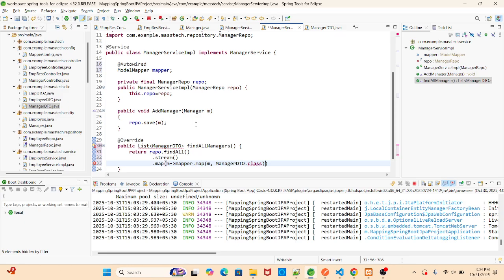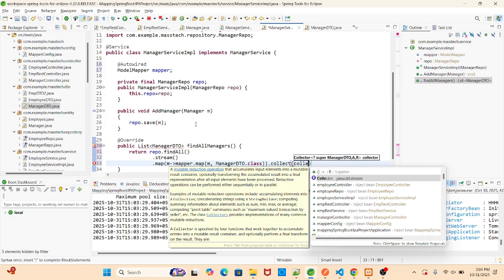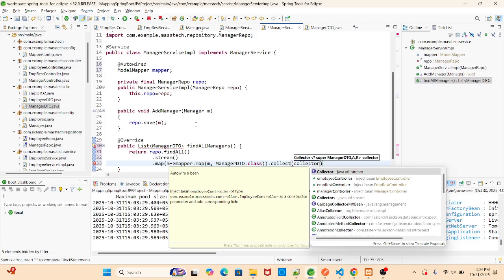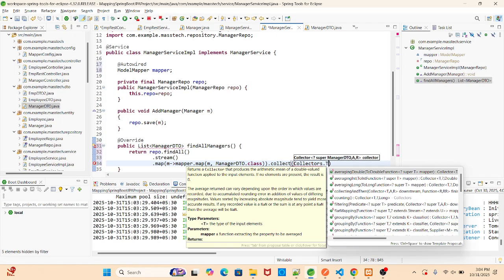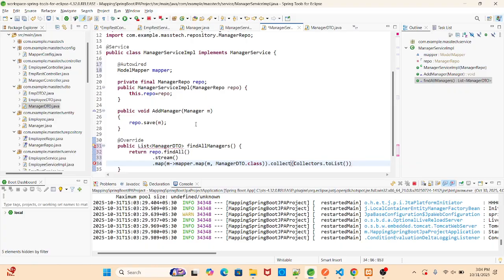Next, collect. That will also be fine. Collectors. Correct. So what we have written here,